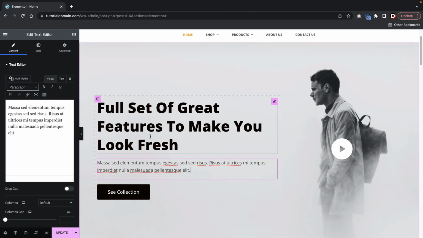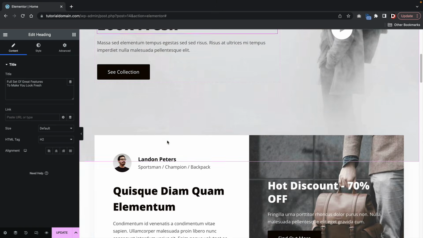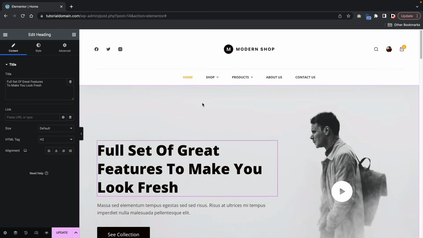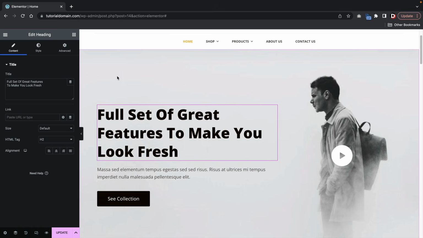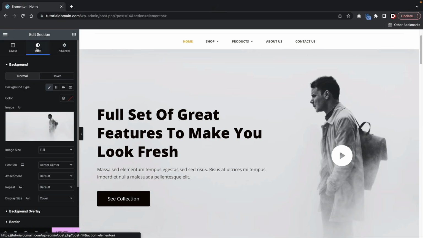So you guys can go through these elements here and adjust the size. You can adjust the colors as needed. Now, let's say, for instance, you want to change the background right here. For this specific background, I can right click on the background and then click on Edit Section. Here, I have options to edit the background of this section. We can change the actual content width, we can change the heights, but more importantly, I can change the